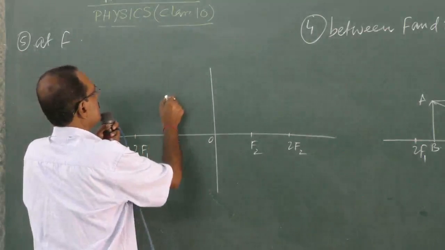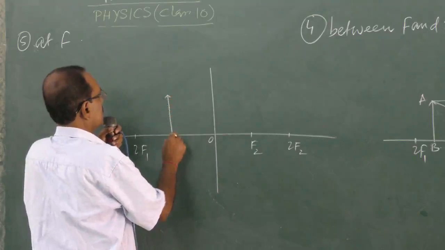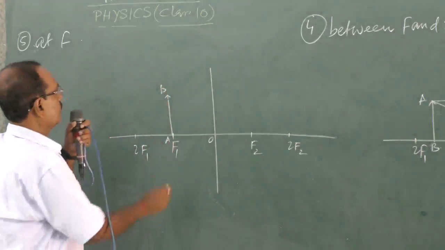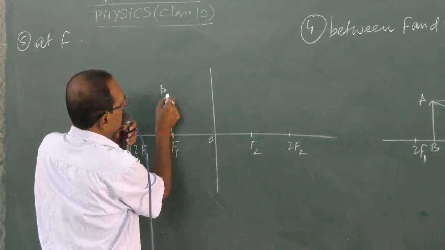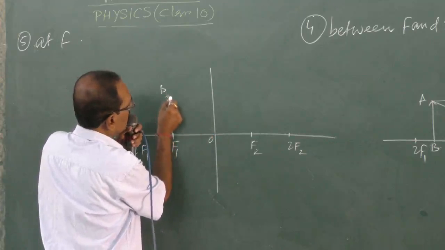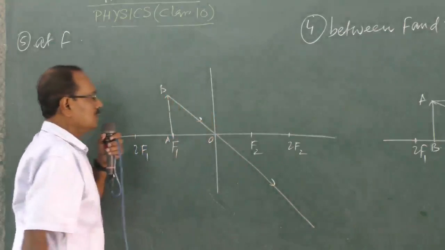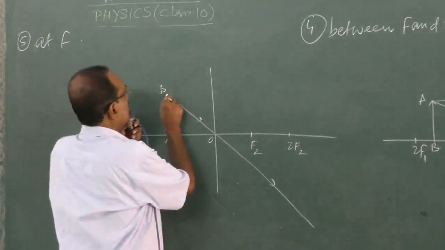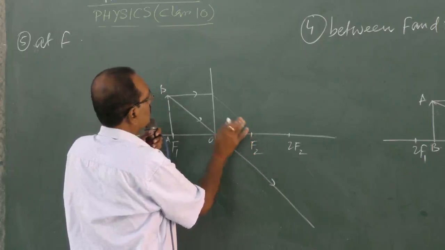The object is here, A, B. One ray will pass through the optic center. Another ray will be parallel to the principal axis, and it will also